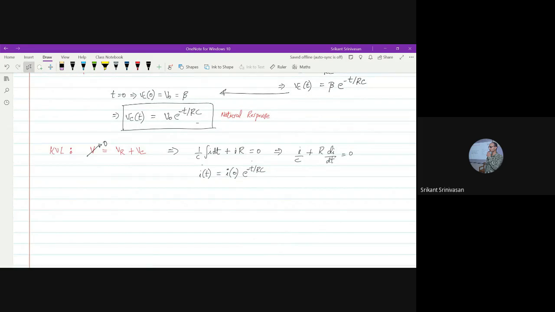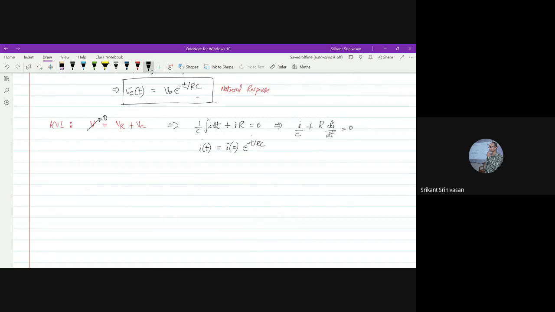Now, the same thing, we talked about natural responses. And the basic idea was that for natural response, the differential equation was some variable dy by dt. What is y? Y is some variable. It could be either current or voltage. It doesn't matter. But the general expression is, if I were to have dy by dt plus py is equal to 0, then the solution is that y is equal to e power minus pt, and some constant beta, which we have to determine.